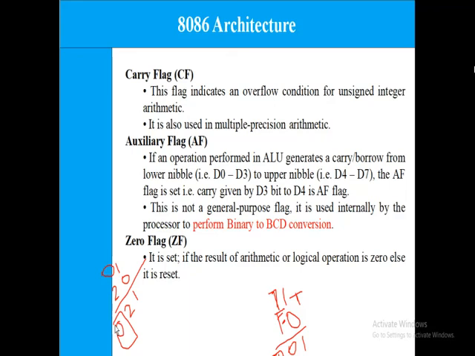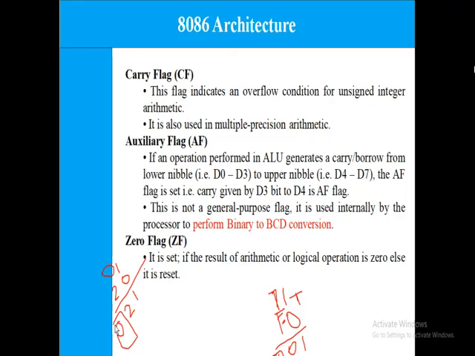Next one is the auxiliary carry flag, AF. If an operation performed in the ALU generates a carry or borrow from the lower nibble, that is D0 to D3 is known as the lower nibble, and the upper nibble is D4 to D7. If there is a carry from D3 to D4, then the auxiliary carry flag will be set. It is not a general purpose flag.